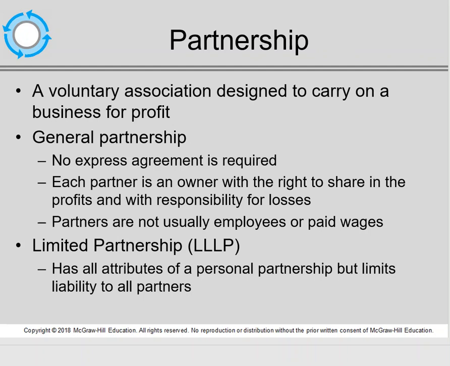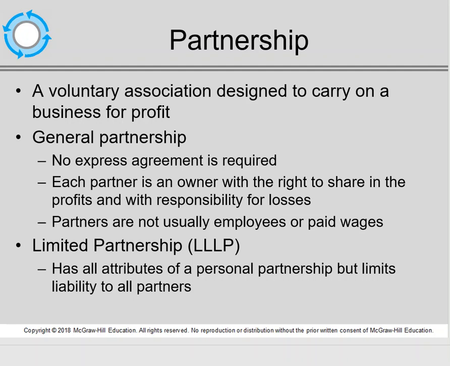The second way to form a business is known as a partnership. A partnership is a voluntary association of two or more people designed to carry on a business for a profit. The default type of partnership is known as a general partnership. In a general partnership, there is only one type of partner, known as a general partner. All general partners have unlimited personal liability, which means, just like with the sole proprietor, any liabilities of the partnership may become the liabilities personally of each individual general partner.